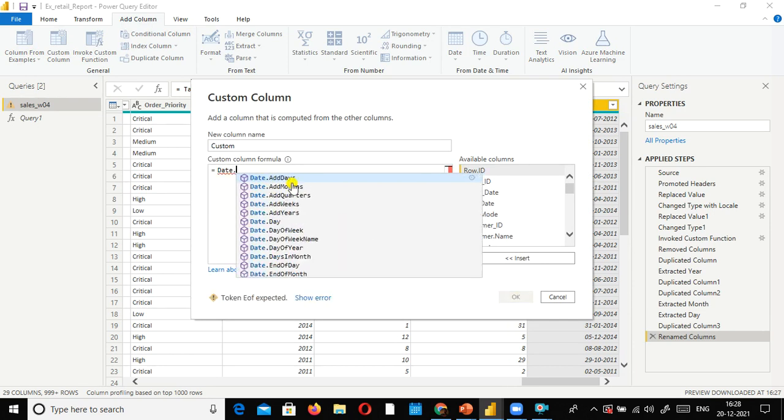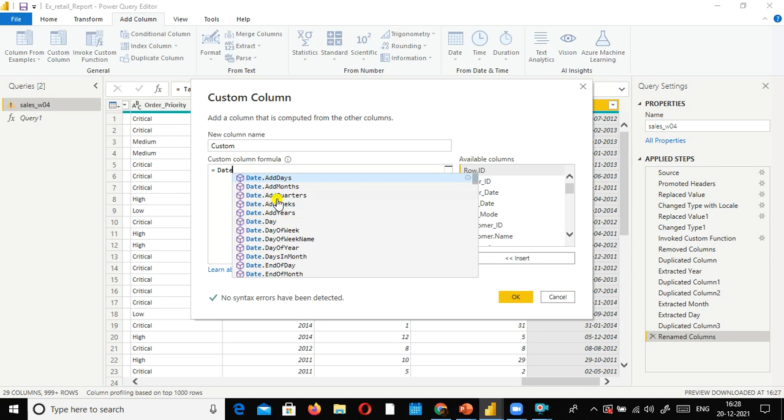I just type date, see, look here, date dot add days, add months, add weeks. With the existing column itself, if you want to add days, you can add it. Okay. And you can find out the end of month. These are the end of day functions, the date functions that are available here.